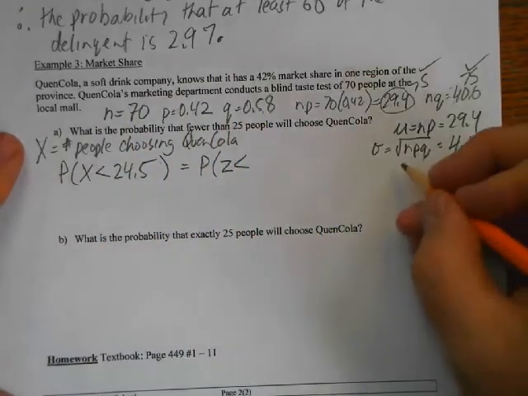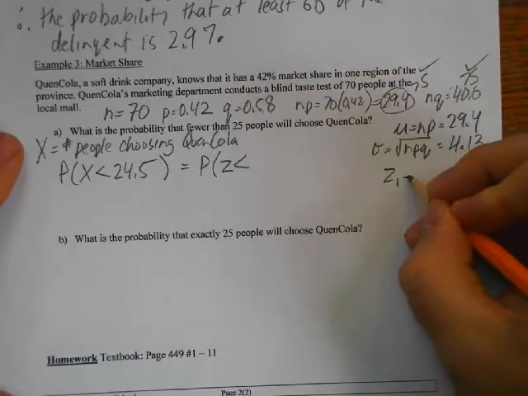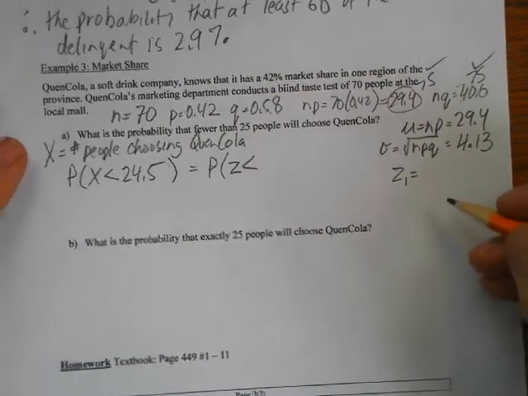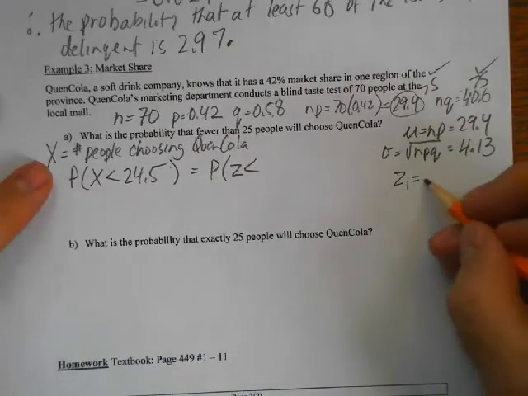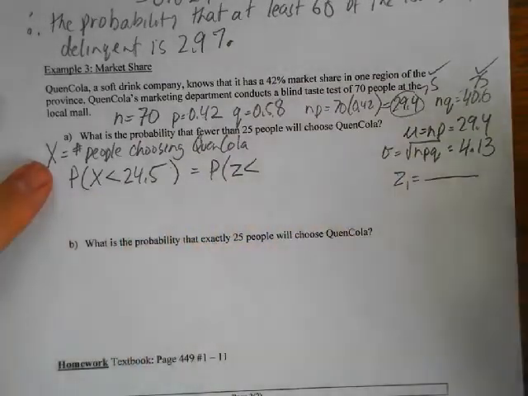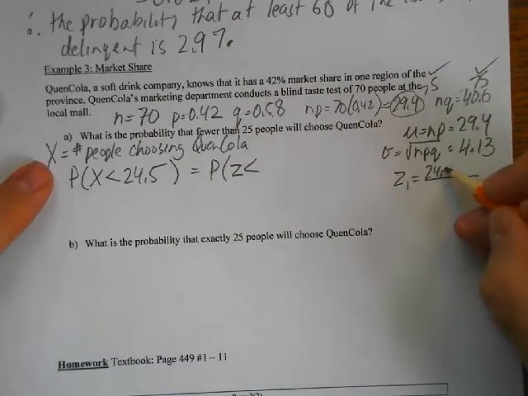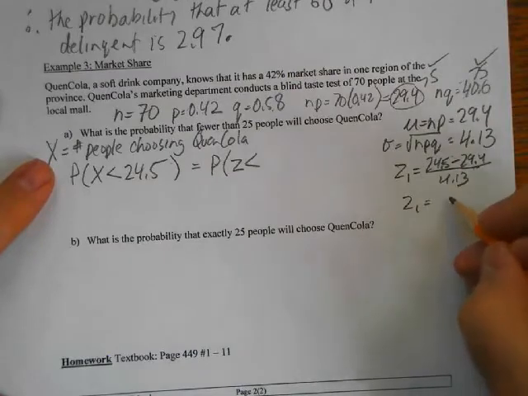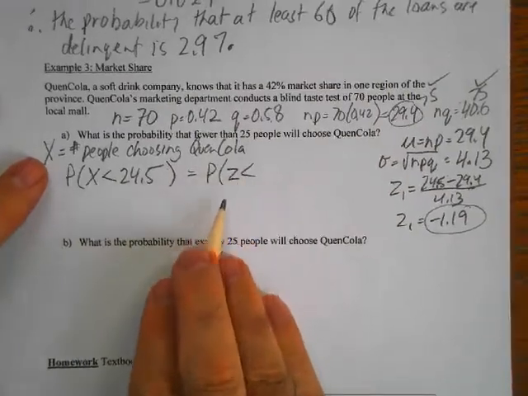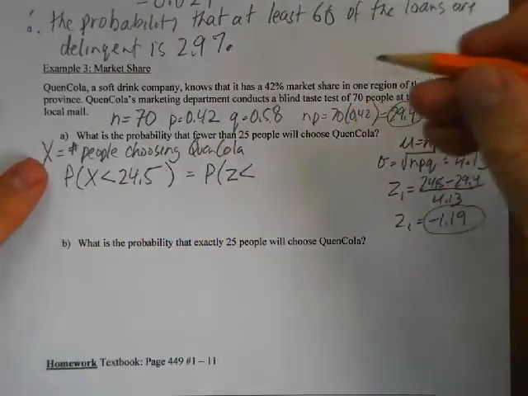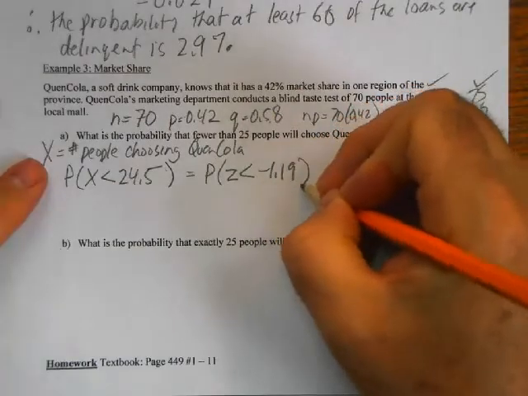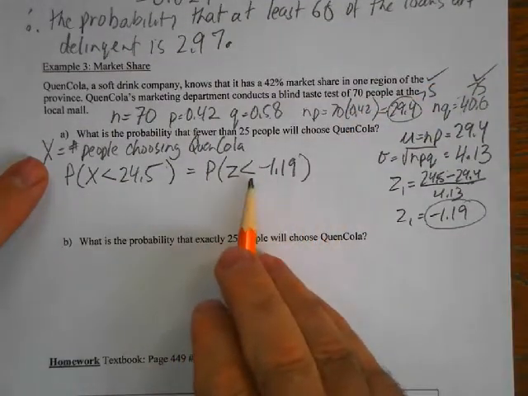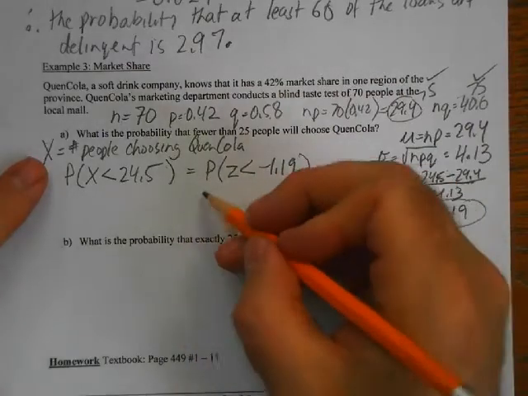Okay, and then the Z-score that we're going to use here, I'll call it Z1 because we're going to need to do another one. So Z here will be the X value, 24.5, minus the mean, over the standard deviation, and that's equal to negative 1.19. So that becomes our Z-score for 24.5. So plug that in here. And that's already set up in the right direction, so we just look this up on our Z-score table and we get an answer of